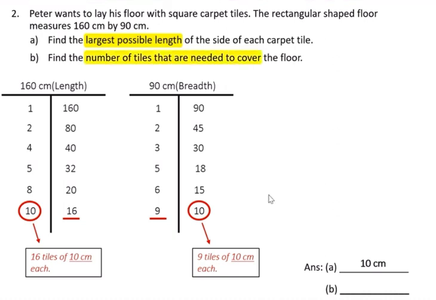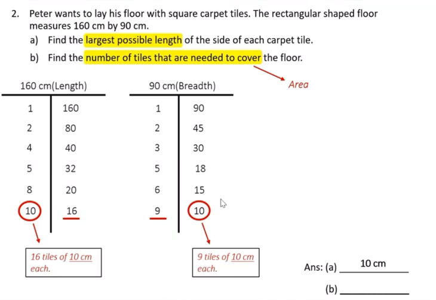I want the number of tiles that are needed to cover the floor. A lot of people will tell me, teacher, 16 plus 9. But if you read your question carefully, the meaning of cover the floor is that you are looking at how many tiles are able to cover the area of this rectangular shaped floor. So you're looking at the area in terms of tiles. The length, you can place 16 tiles. The breadth, you can place 9 tiles,